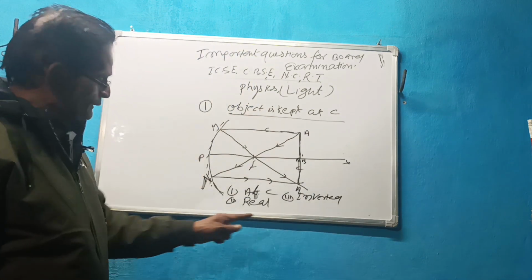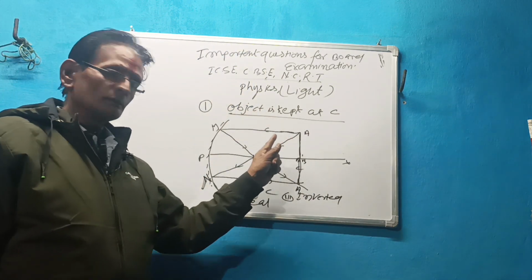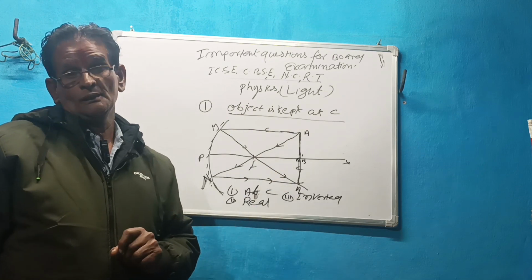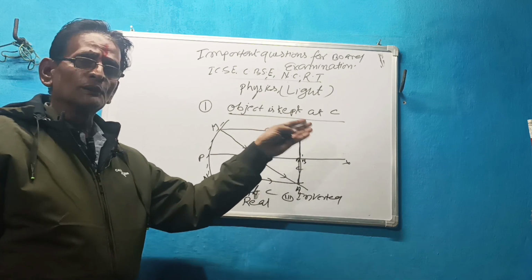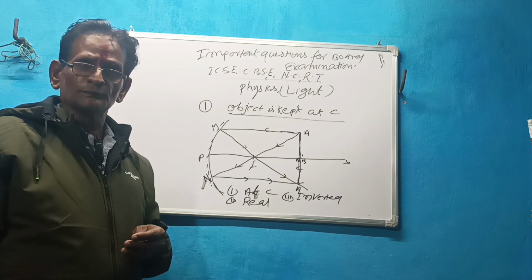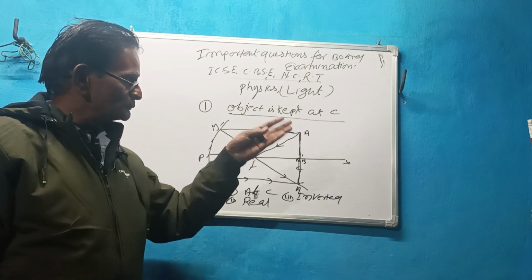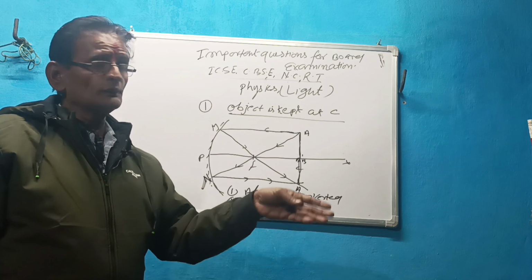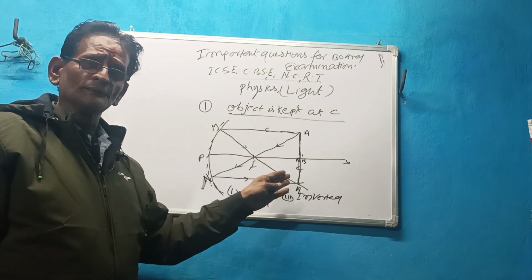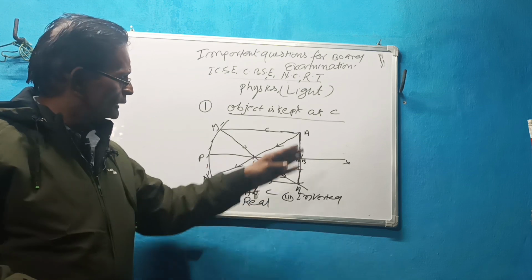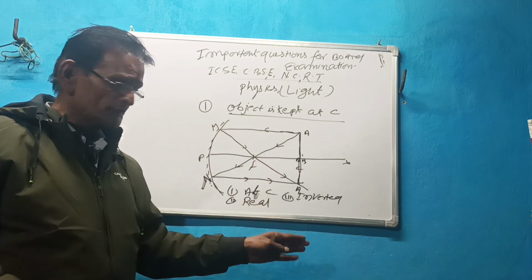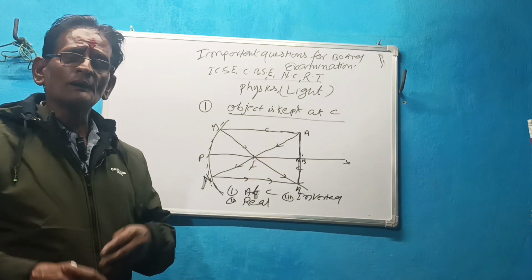In this way, you can draw a neat diagram for the formation of any type of image in a concave mirror. One by one, if the object is at focus, if the object is between focus and C, if the object is beyond C, only this type of question will be given in the examination. In the short way, first of all draw the figure, and after drawing the figure you have to see what type of image will be formed and what is its position.